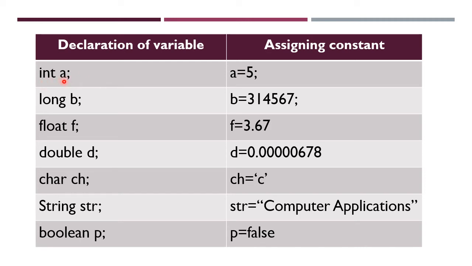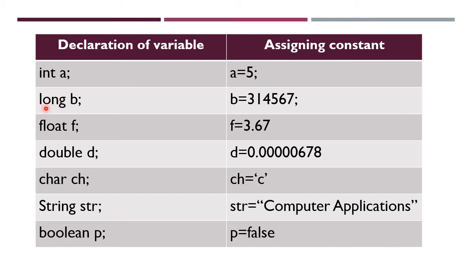If you declare a variable like this, what happens inside the memory? A space will be reserved. How much space will be reserved? It is capable of storing 4 bytes of data because it is an integer type. So if you store an integer value only, this memory will be sufficient. If you store a long or floating value, then this space will not be sufficient, and it will not be supported. Both the constant and the variable should be of the same data type.